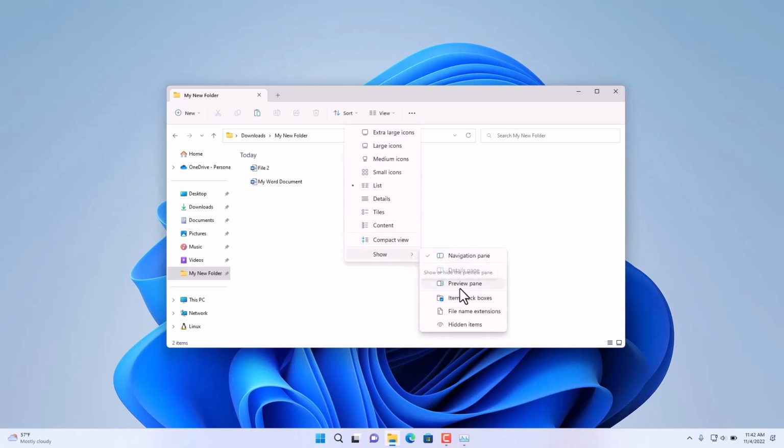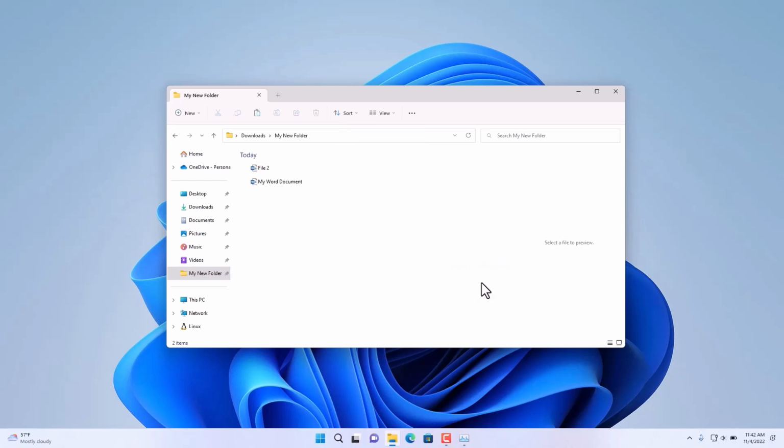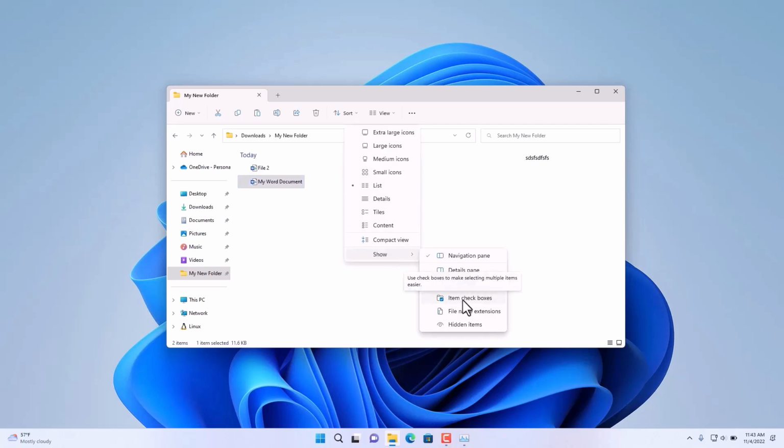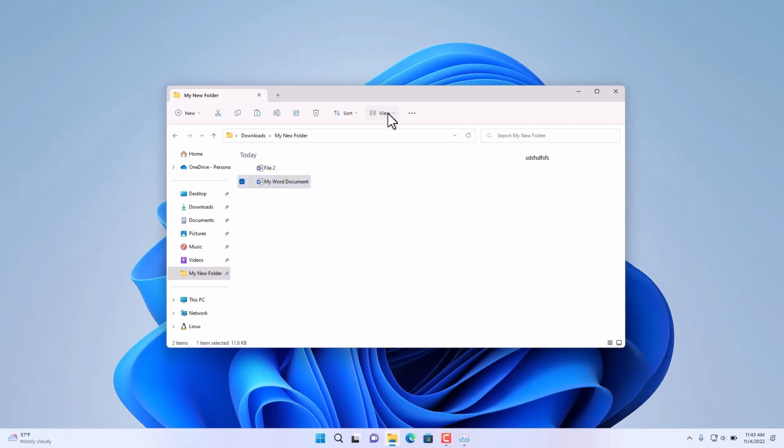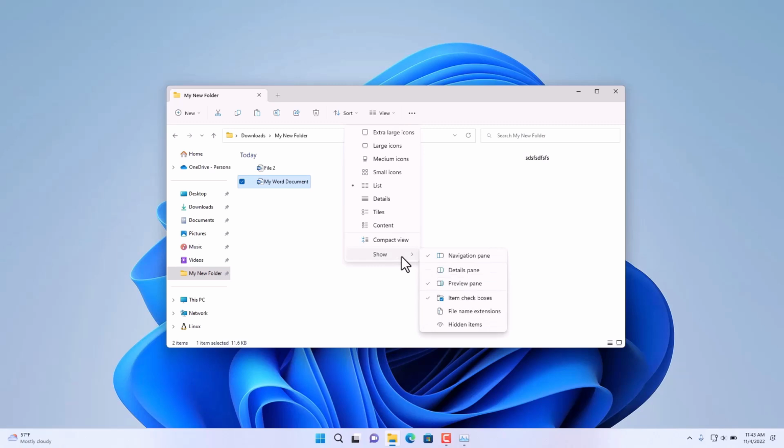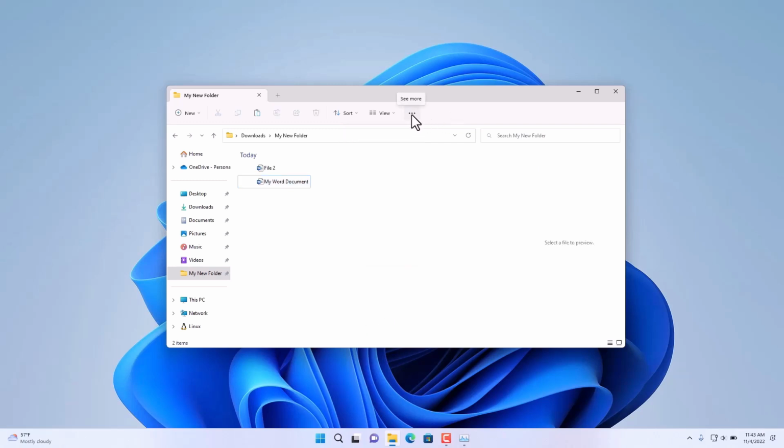And you can also select from here whether you want to show the preview pane on the right-hand side. So if I click on this file, it will give me a preview of what that document contains. You can even have checkboxes under View and then Show. This is where you can also select to show hidden items or hidden files in Windows. Further to the right, we have these three dots. This is where you can see additional options,